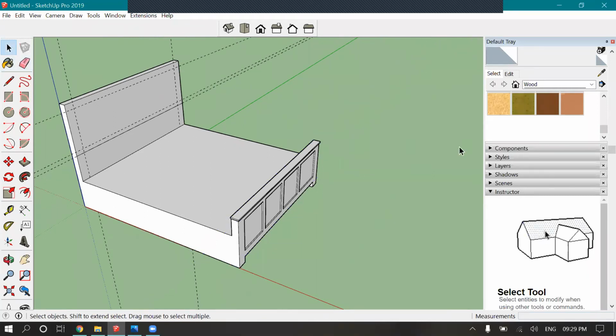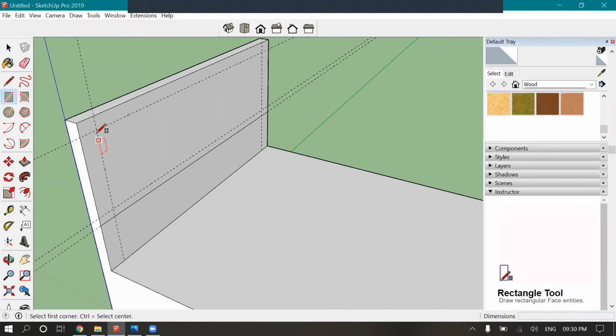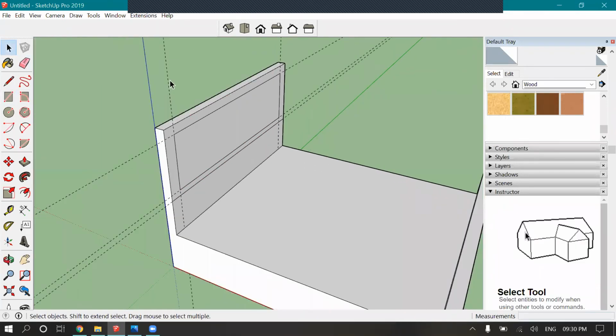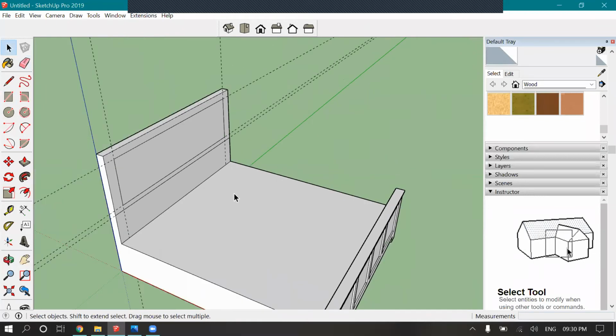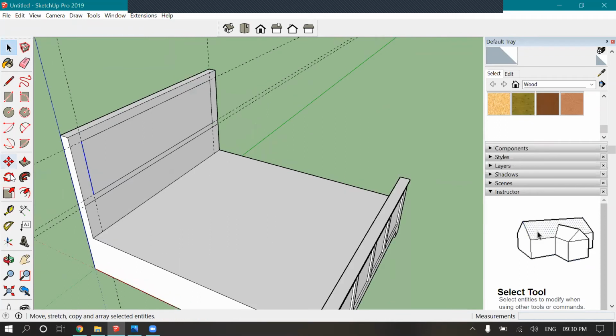We can delete them. So this is our workspace, the main middle part. We'll be drawing our rectangle here, and now we'll be copying this line.